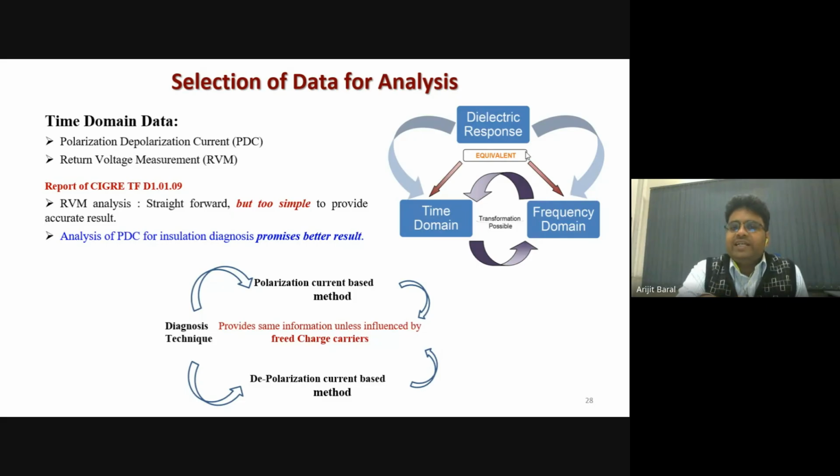This is something dealing with free charge carriers. Now, there are different types of polarization which can occur within a dielectric material, like interfacial polarization, electronic polarization, ionic polarization. Another polarization happens, which is known as hopping polarization. So this essentially is